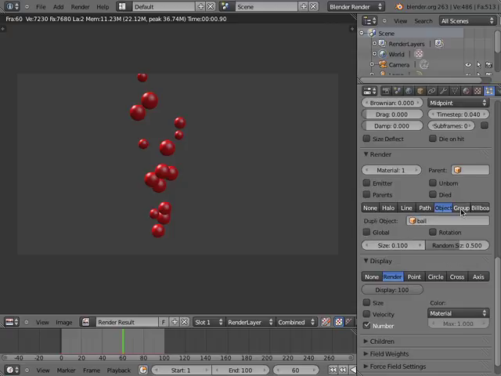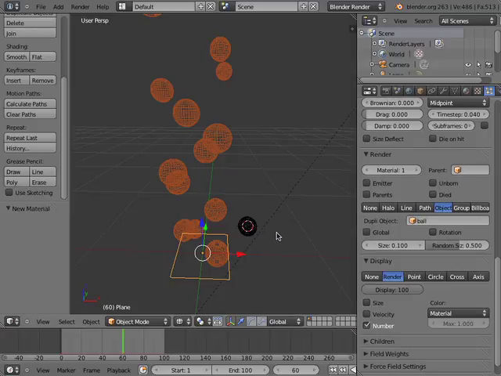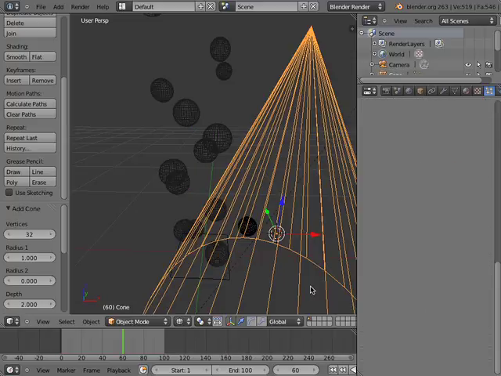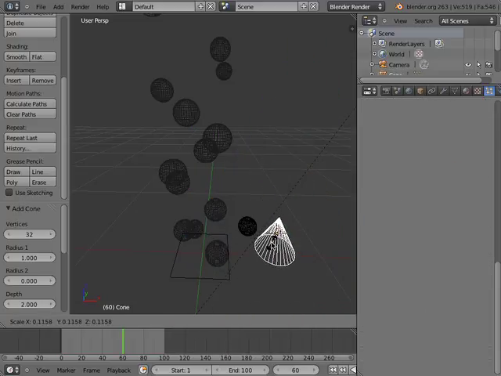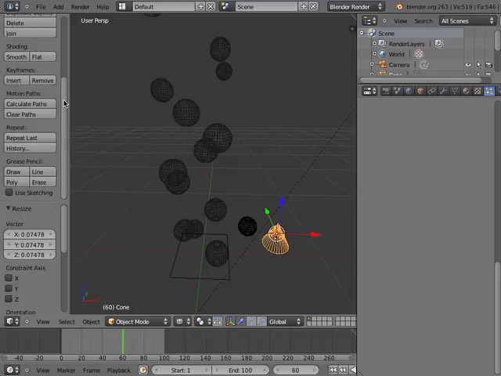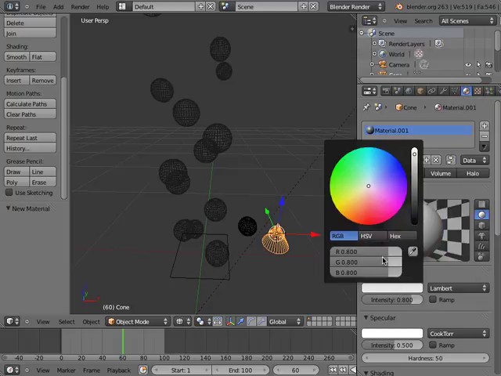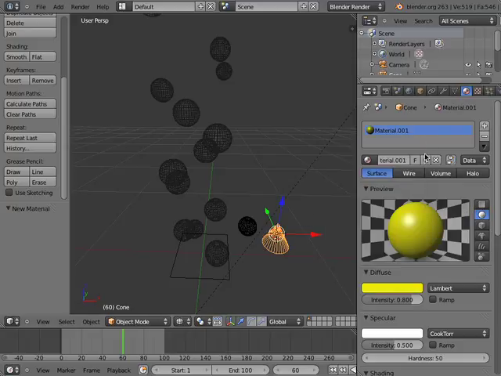Particles can also be rendered as groups of objects. I'll go back to the 3D viewport, and I'll add a cone object. I'll smooth it, and I'll then add a yellow material. I'll go to the Object Editor,